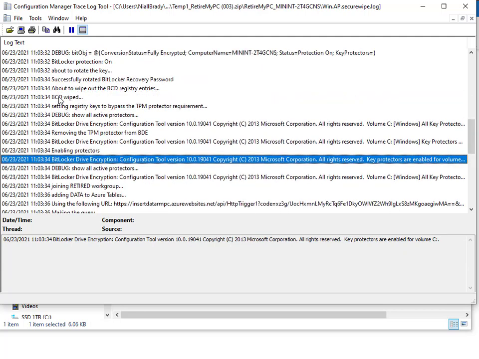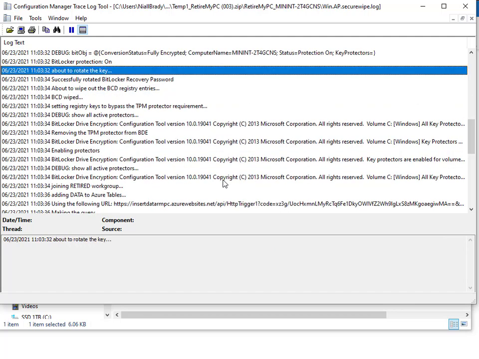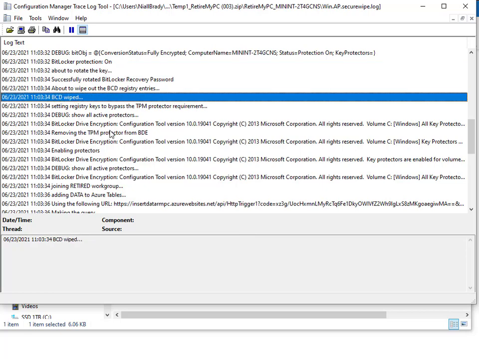It wipes the BCD and rotates the key after stopping both the ConfigMgr and the MBAM agent services, which means that the new key, after it's rotated, does not end up either in the MBAM database or, if you're using ConfigMgr, ConfigMgr's database, right? So the key has rotated on the client and it's not uploaded. The BCD is also wiped, so this device will not boot into Windows even if you have the recovery key,